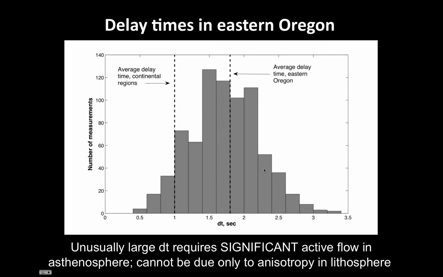These large delay times really argue for a significant contribution to splitting from anisotropy in the asthenosphere, due to active contemporary mantle flow. It's hard to put 2 or 2.5 seconds of splitting in the lithosphere and attribute it to frozen-in anisotropic structure. That's particularly true because we think that the lithosphere beneath the HLP is thin. There may not be much mantle lithosphere there at all. So these large delay times really argue very strongly that we're mainly seeing a signal from active mantle flow in